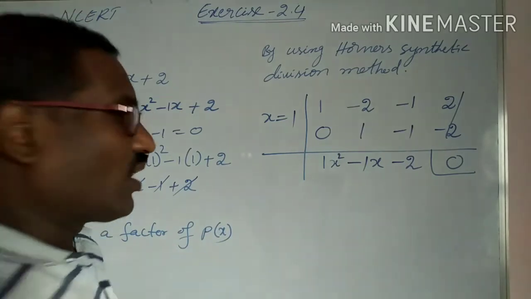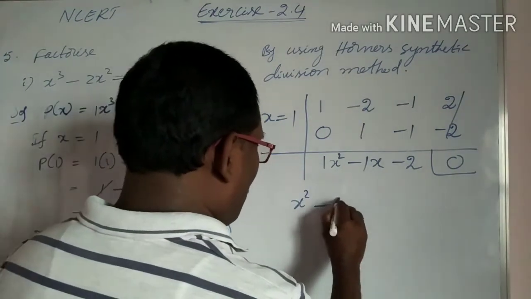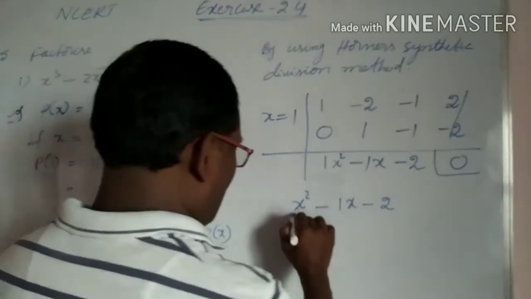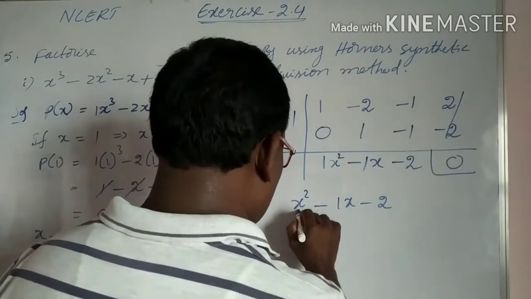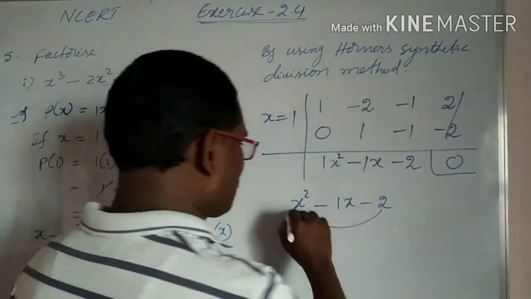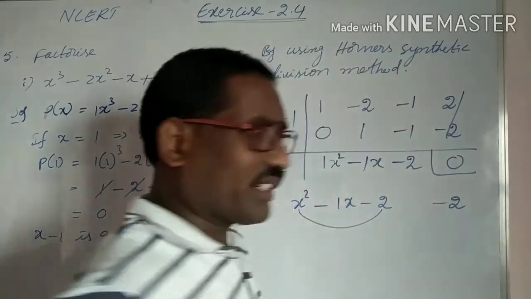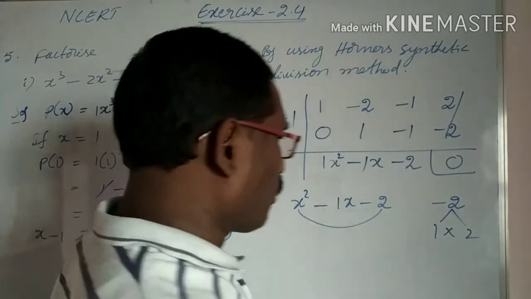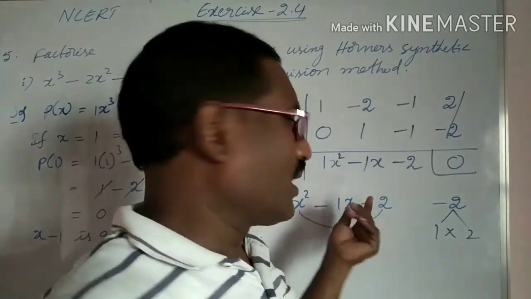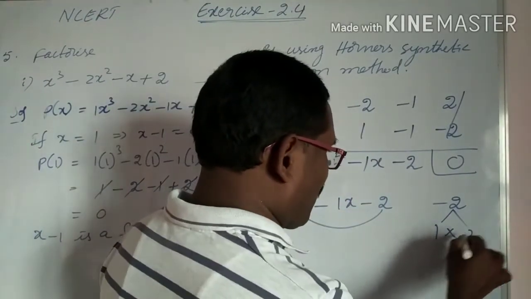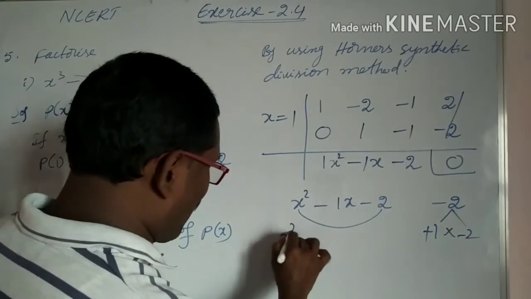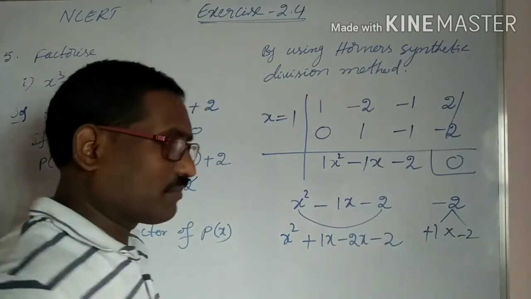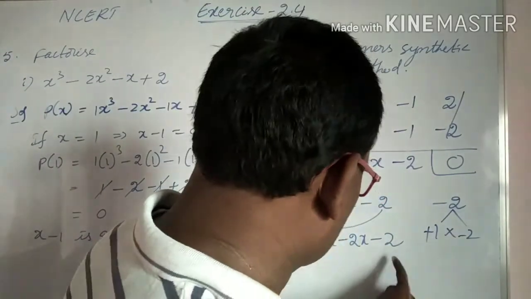We got it. Now this one: x square minus 1x minus 2. Same again, splitting the middle term. Last time you were told, no? How to find? This is the product of first and last term. 1 into minus 2, minus 2. Product is negative, so we need the difference of two factors. 1 and 2 are the factors, and their difference is equal to 1. So in the middle term, the bigger number is negative and the other is positive. How to write? X square plus 1x minus 2x minus 2.